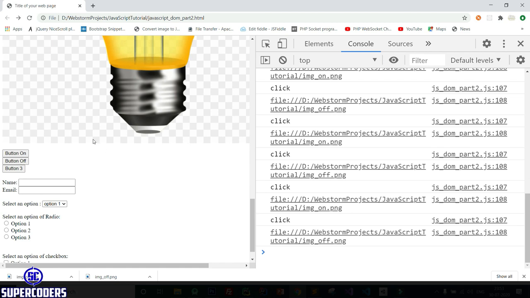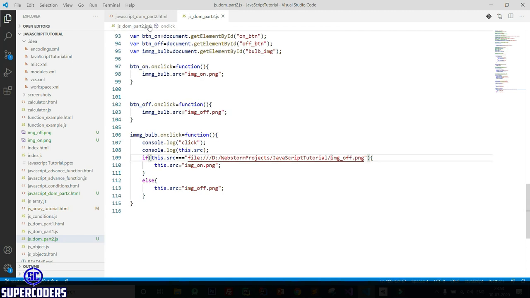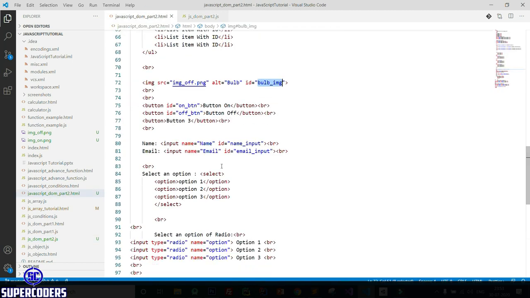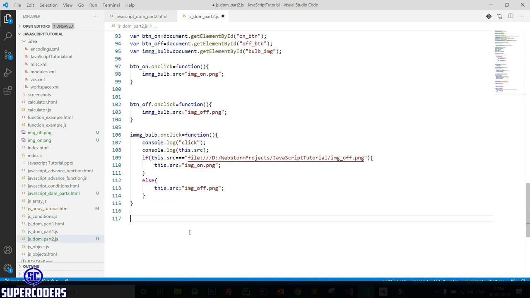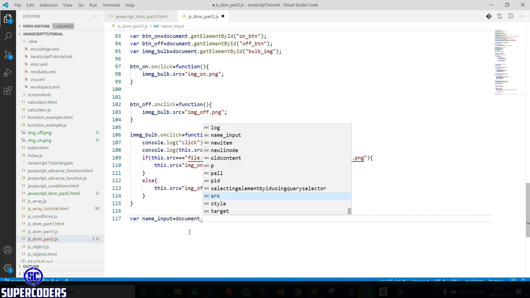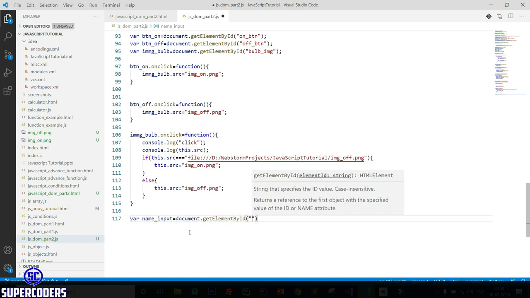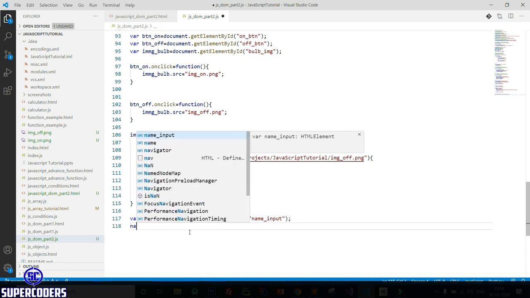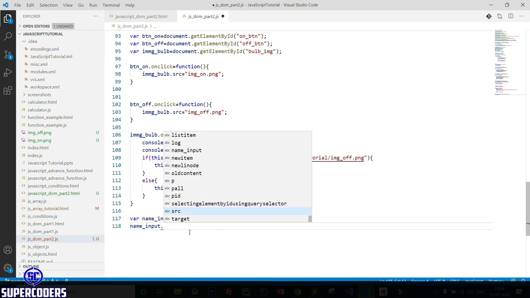Now let's see more things. Now let's see how you can set a value in inputs. So let's do this. First, access this input, name input, where nameInput equal to document dot getElementById, passing the id. nameInput dot. So you can see, if you want to change text content, meaning text, then you need to add textContent.